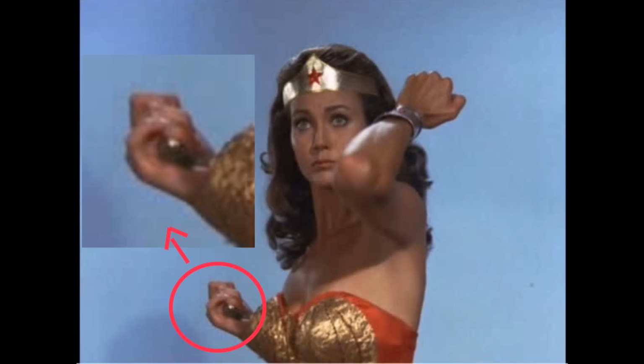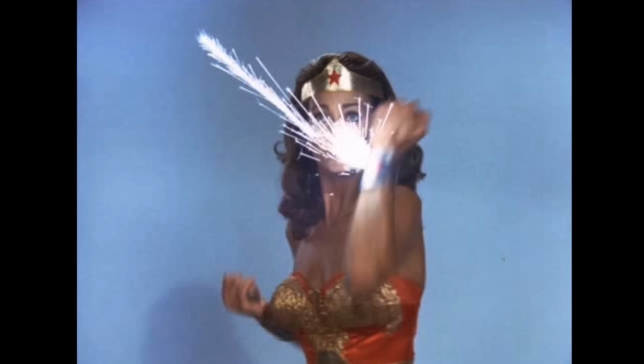Now if you look really close, you can also see a special remote in her hand that triggers the sparkling fireworks effect when bullets are supposed to be hitting her bracelet. And these days they would just use CGI. But still, you have to admit, sometimes practical effects register with your eye as being more real than computer-generated images